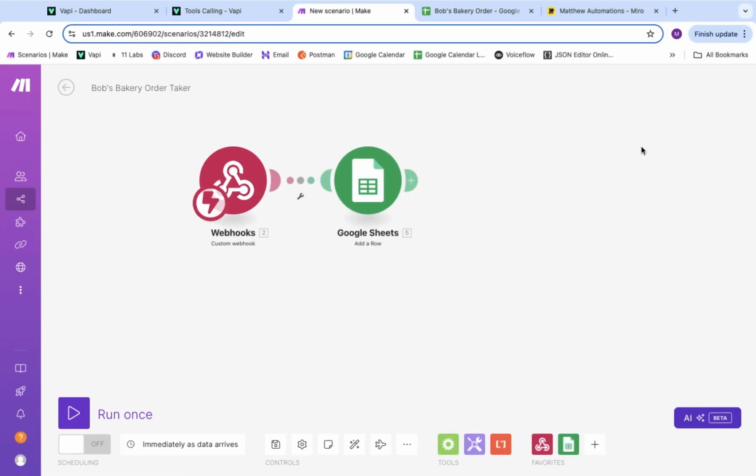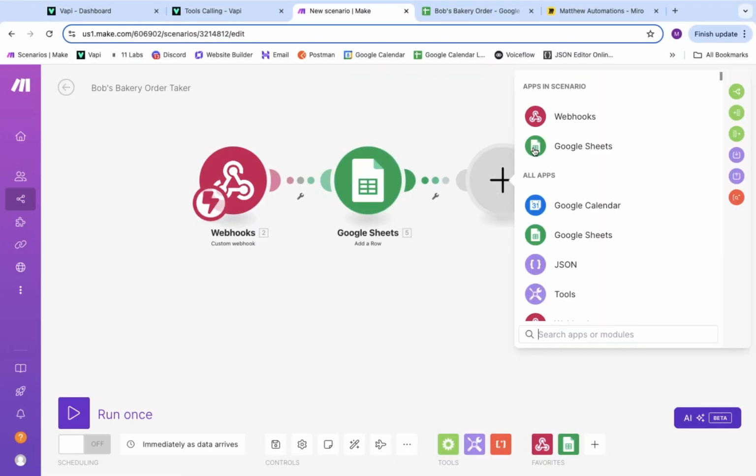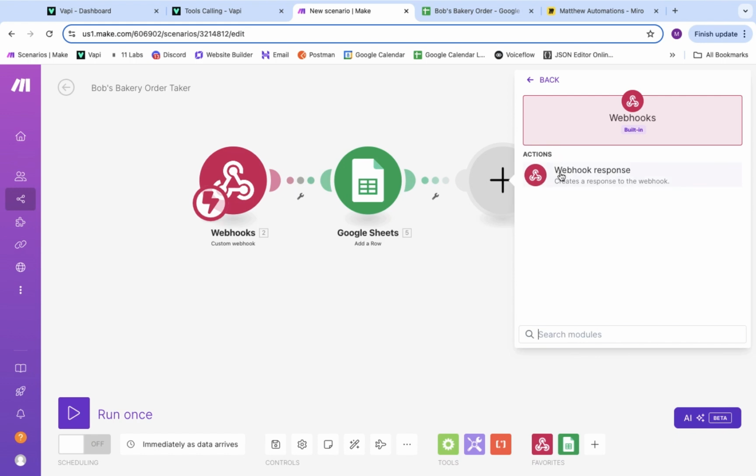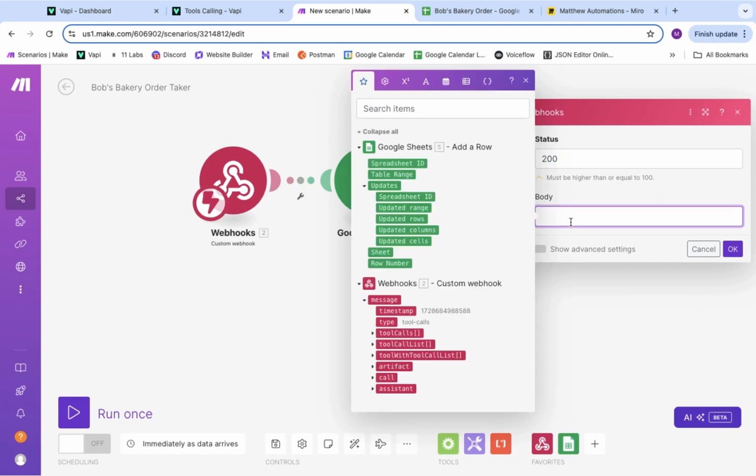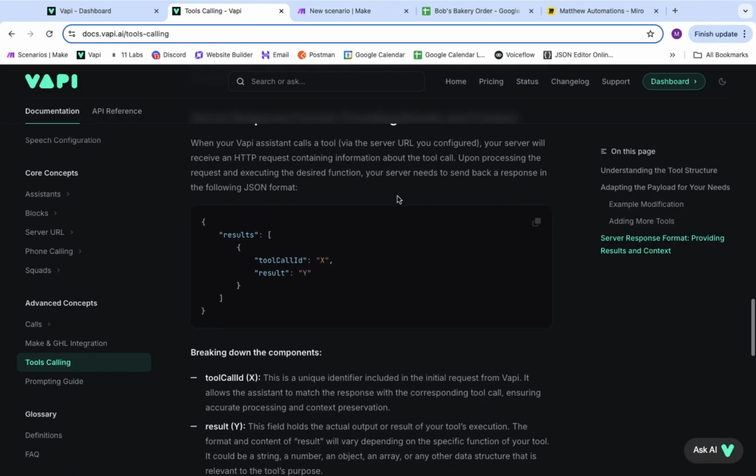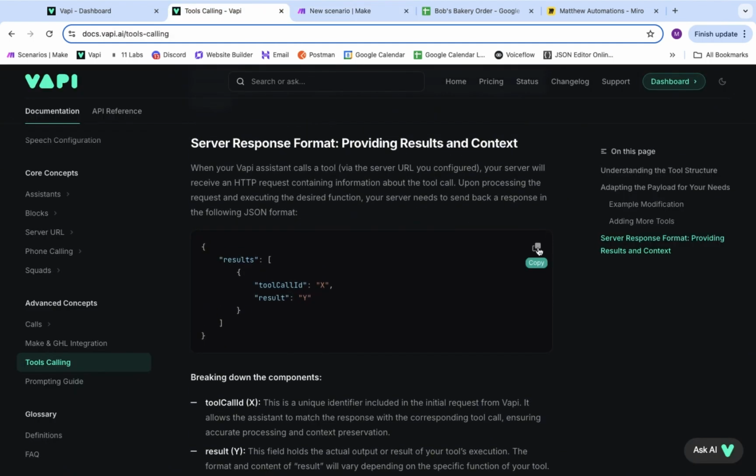Our last module that we're going to create to complete our workflow is another webhook, but this time it'll be a webhook response. So this will be sending data back to Vapi, letting our agent know that our tool call was successful. So in our body here, if we just go to the documentation, this is the format that Vapi would want your tool call result to be. So we'll just copy it here,